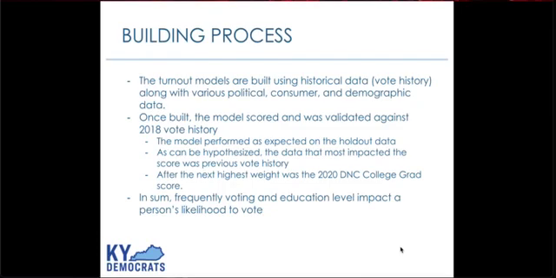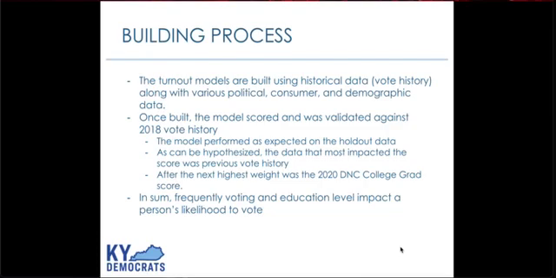So the vote history that we have was basically built and validated on 2018 vote history to make sure, hey, these are the people that we know have voted in a recent midterm, and then utilize that information to build this model, validated well, and then once the model was built to validate it, it